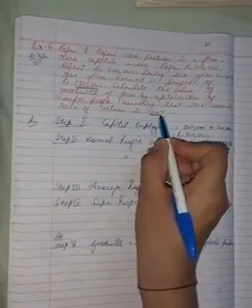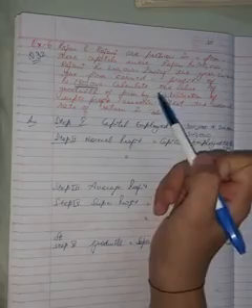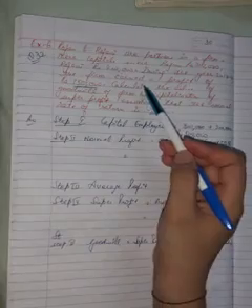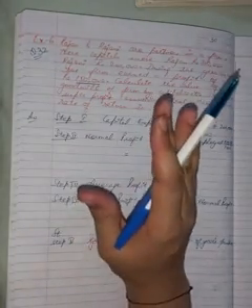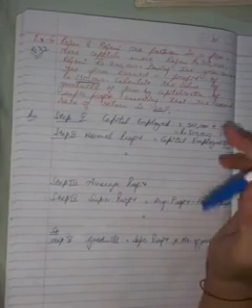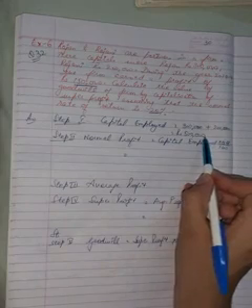NRR, that is 20%. Two figures you have found, but for the capital employed, what have they given? Only capitals. So here you have to use the liability approach. For the liability approach, you must all remember the formulas. For that, capitals we need; other things they haven't given. If they have given reserves or undistributed profit, you have to add those also. Okay, but here only capitals are given, so you need to add these capitals only, 3 lakh and 2 lakh. So your capital employed will be 5 lakh.